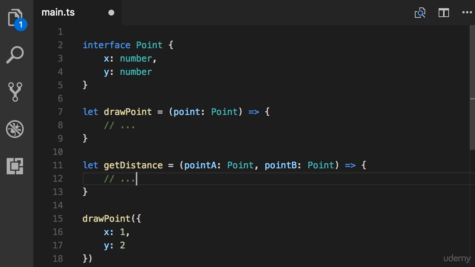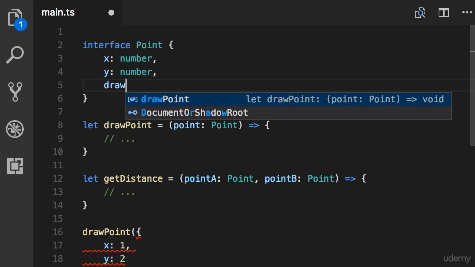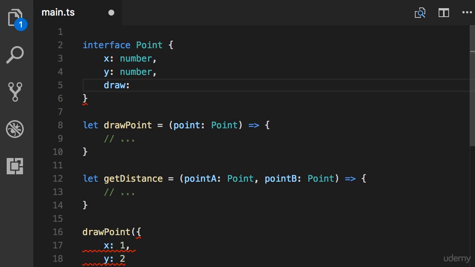Now in this implementation, unfortunately, we cannot move these two functions inside our interface because interfaces are purely for declarations. They cannot include any implementation. In other words, we cannot have the algorithm for calculating the distance between 2 points or drawing a point inside this interface. What we can do instead is to add a function here, a function declaration. So we're going to have a draw function that takes no parameters and returns void, which means it doesn't return